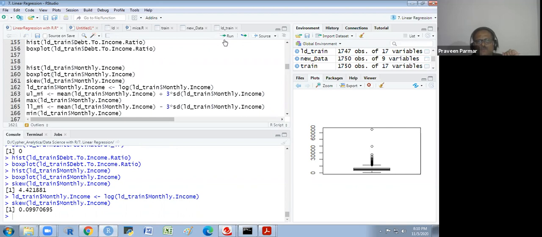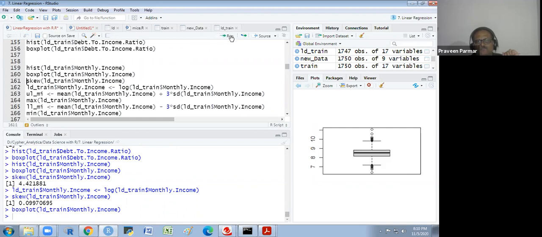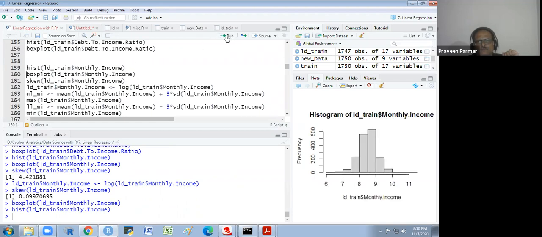If I show you the box plot, if I show you the histogram, got it? We have used the log scale. We have changed the scale because the skewness was more than 1. Why are we using log? If I use the square root, see what happens? For that, I have to run the whole process again, because I have converted that variable. Just a moment.